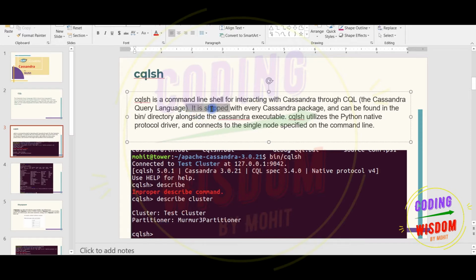It is shipped with every Cassandra package and can be found in the bin directory alongside the Cassandra executable. CQLSH utilizes the Python native protocol driver and connects to the single node specified on the command line.